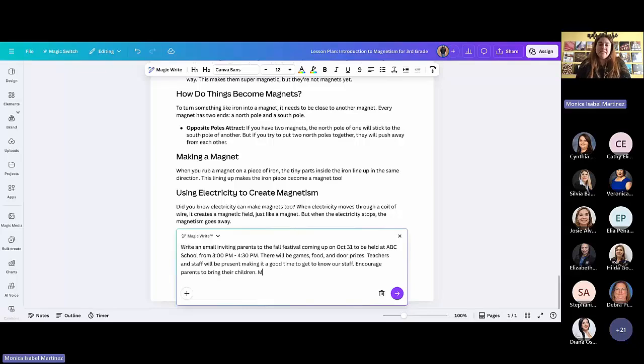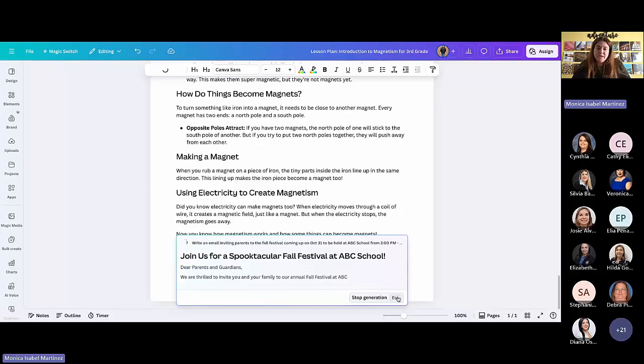This is another part that is key. Make the invite fun and inviting. You can say exciting. You could say completely different. If this was a more serious email, you could say make it serious and professional. You can tell it the tone of voice, basically. We're going to click on the purple arrow down here at the bottom, and that is going to generate this